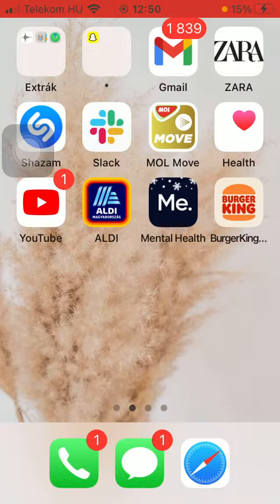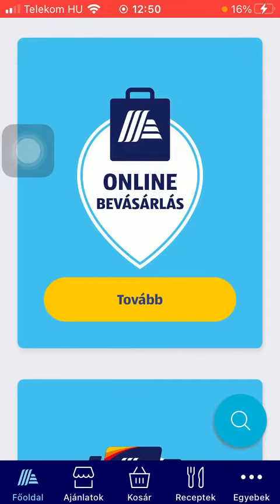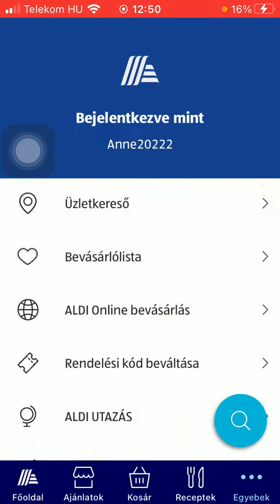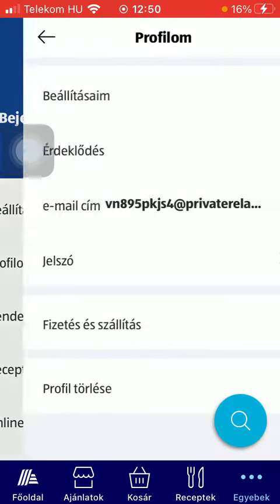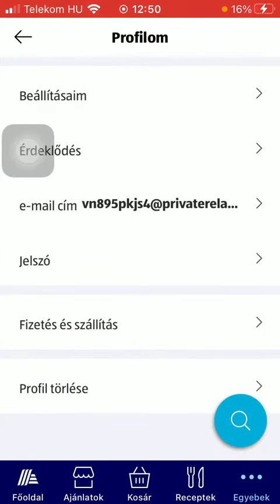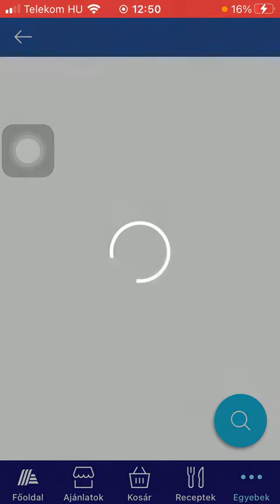First of all, open the application on your phone. After that, tap on the three dots icon down below, then scroll down and tap on my profile. Here, if you tap on settings, you can